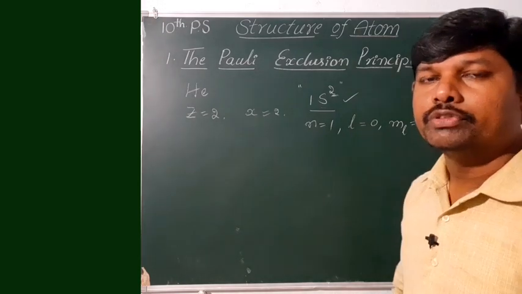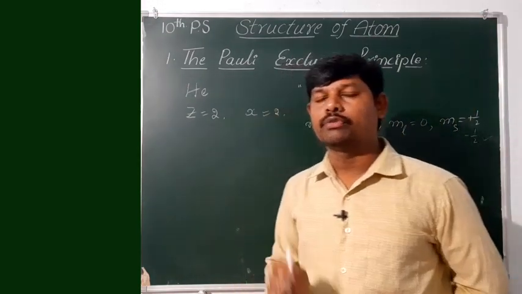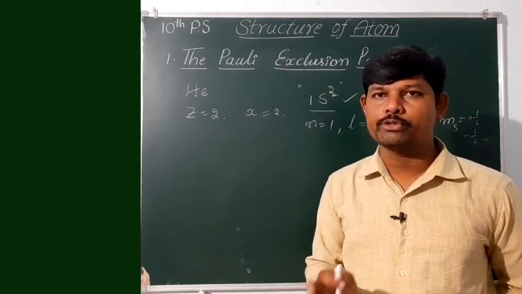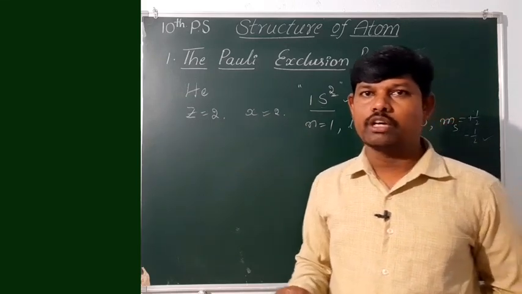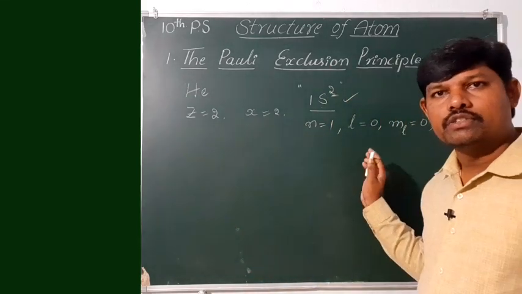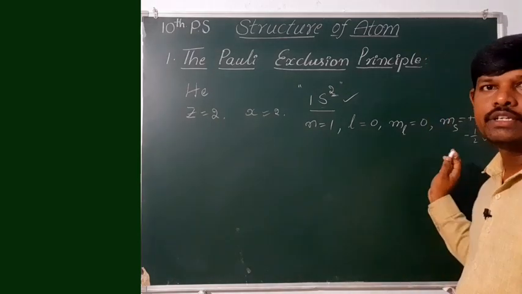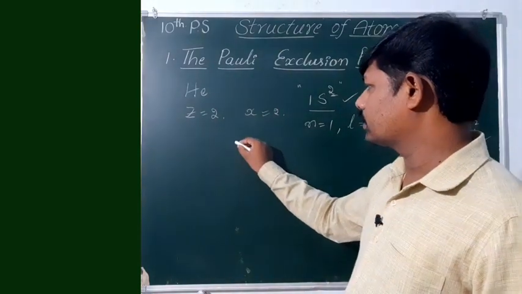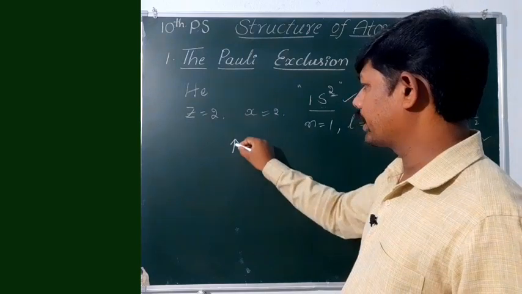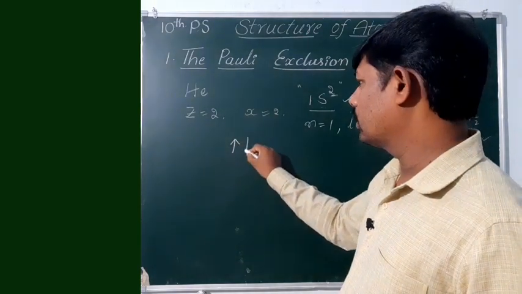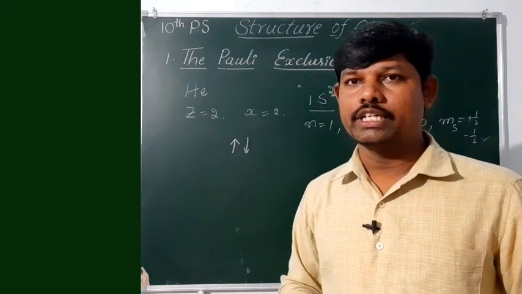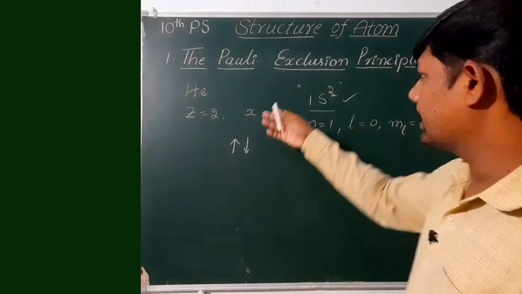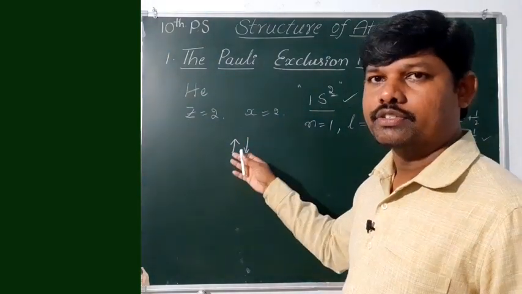So like that, if two electrons are present in an atom, the four quantum numbers should not be the same. At least one quantum number should be different. If the three quantum numbers n, L, ML are the same, then the fourth quantum number decides whether it is the first electron or the second electron. The electrons with paired spins can be written like this: one is a clockwise spin, an upward arrow mark, and the other is a downward arrow mark, that is an anti-clockwise spin. Then we can write the electronic configuration of helium by representing these spins and four quantum numbers.